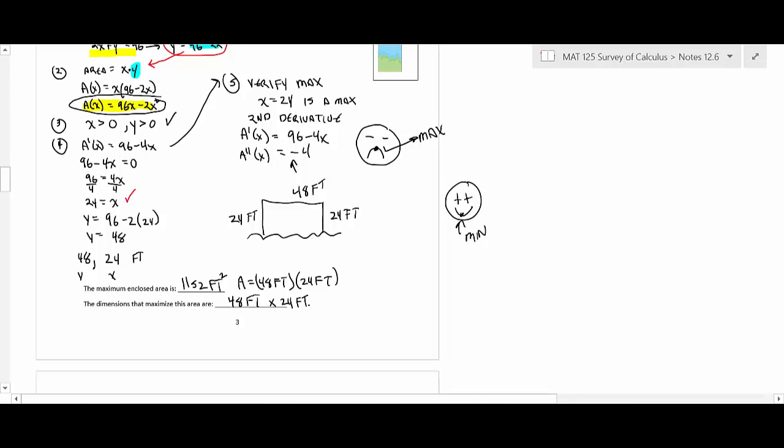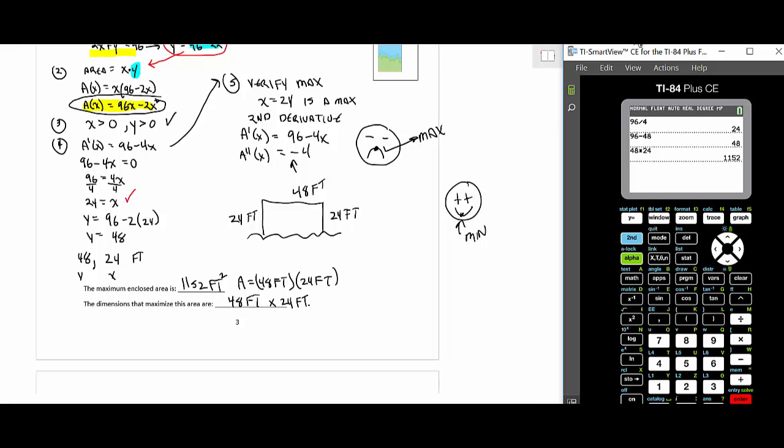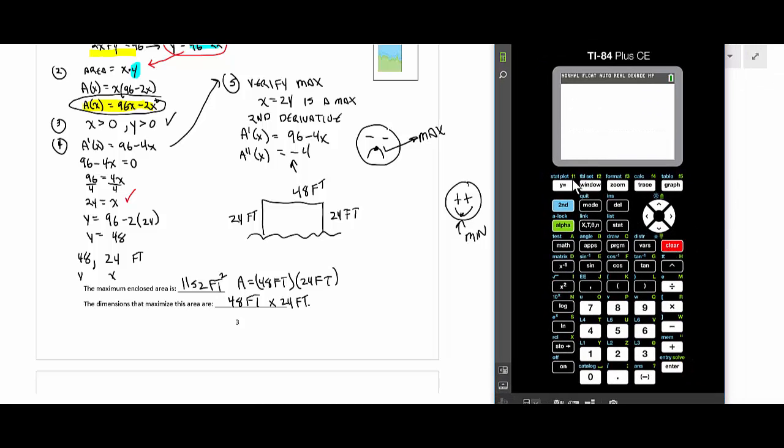Okay, all right. So the other thing that I want to remind you that you can do, you don't need to do this right now, but another good way to look at this is if you just graph the function you did the derivative with. If you do 96x minus 2x to the second, now you would have to work with the window on this. The window, what I'm going to do is go from 0 to 96. The reason I'm doing that is because that's a condition in the problem. That's got to be smaller than 96. And then our area was 1152. So if I just made that y max like 1200 or something like this,